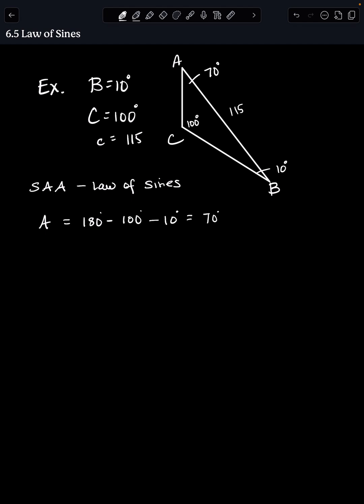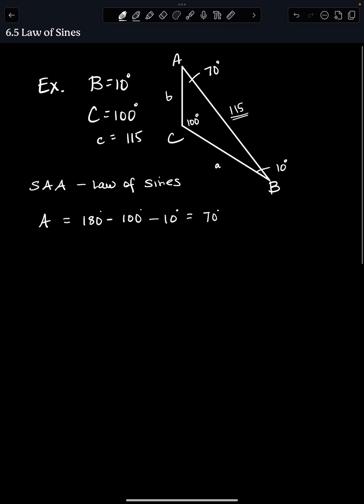All right, so I've got all three angles. Now I've got to get all three sides. I've only got one side, side C. I need to find side A, and I've got to find side B. You can't do that at the same time because you can only have at most one unknown. So I'm going to have to use the ratio. They've given me the sine of C, 100 over 115, has to equal